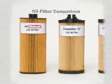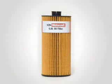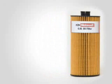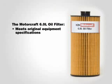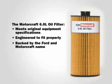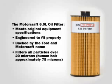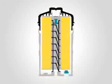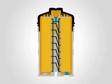Take a look at the MotorCraft 6-liter oil filter. Only with MotorCraft can you be sure your oil filter will fit and function properly. Only a MotorCraft oil filter meets the Ford original equipment specifications. It is engineered to fit properly, is backed by the Ford and MotorCraft name, and filters all particles over 20 microns. Plus, the MotorCraft 6-liter oil filter precision fit results in optimal oil flow, performing additional functions other oil filters